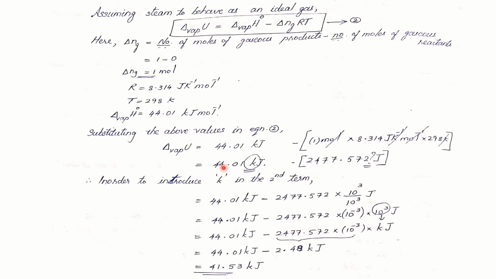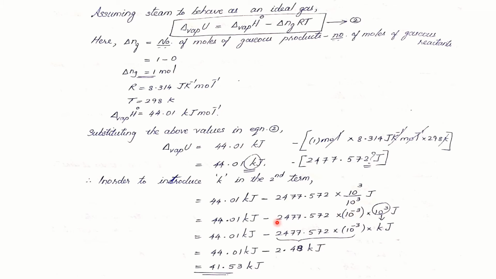So, in order to introduce kilo, which is small k, in the second term, we multiply and divide the second term by 10 power 3, which corresponds to kilo. The value of k is 10 power 3, which is 1000. So we both divide and multiply this term with 10 power 3. In the second step, since 10 power 3 corresponds to kilo, we keep it as such, and we bring the denominator to the numerator side. So 1 by 10 power 3 is written as 10 power minus 3.